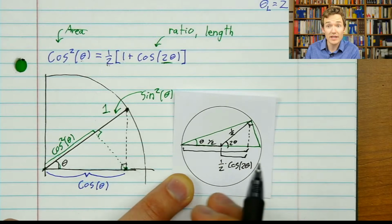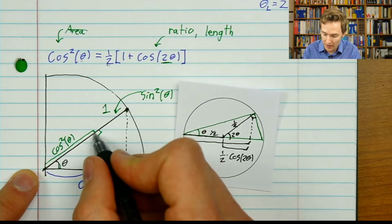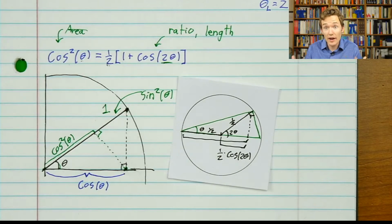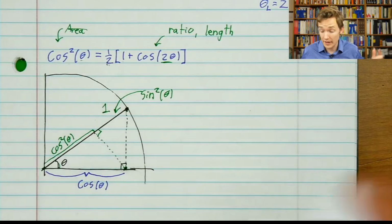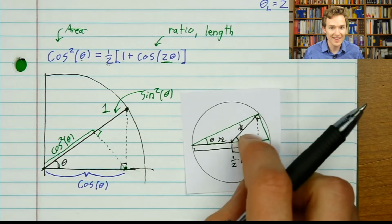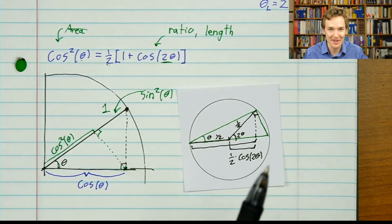So that's two different ways of viewing the same object, which is what we get when we take this right triangle and we project down and look at what part of the hypotenuse that cuts off. And it gives us this non-trivial relationship in trigonometry between the cosine squared and the cosine of 2 theta. A fact that otherwise we were going into complex numbers and exponentials to understand. So I think that's quite beautiful. I think that's just one of the many, many instances of where the inscribed angle theorem suspiciously